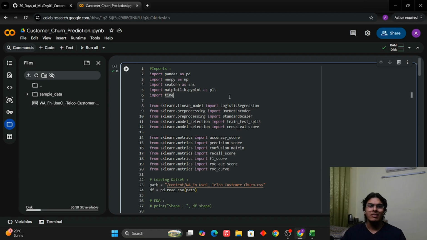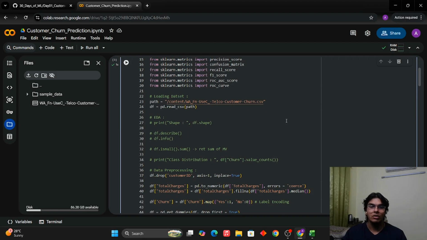So this is the code, pretty simple, nothing too complicated. These are all the standard imports: pandas, numpy, Seaborn and Matplotlib for the visualization part. This is something new that I've started adding recently to the machine learning pipeline, and I'll be explaining it shortly. These are all the classical sklearn library imports. We have got logistic regression, which is the initial model that we have used, and I'll be explaining why we have done that. These are all the accuracy and other classification metrics, the classical metrics that we use in the model.